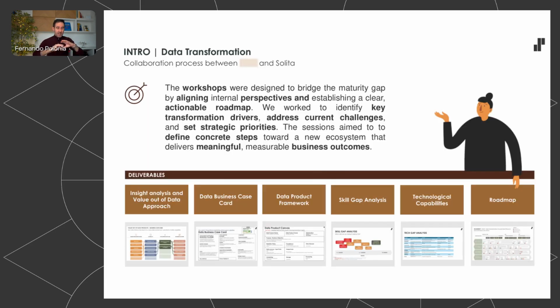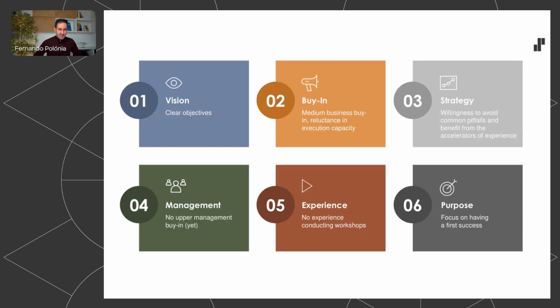So we got together, we did a series of workshops. You're going to see which and how. These are a little bit the sample of deliverables. They are much more extended than this, of course. But basically, we got everyone in the room to make sure that we have alignment of perspectives, to make sure that we have a roadmap, a first phase roadmap. We can get all the information out in terms of what is needed for this transformation to happen. Okay, so during 3 days,